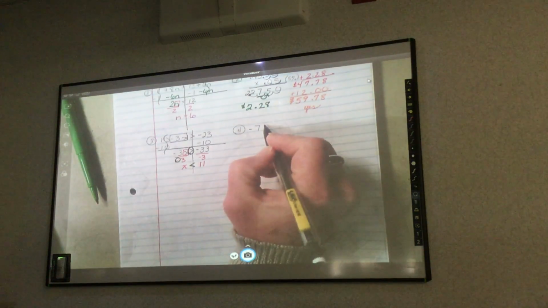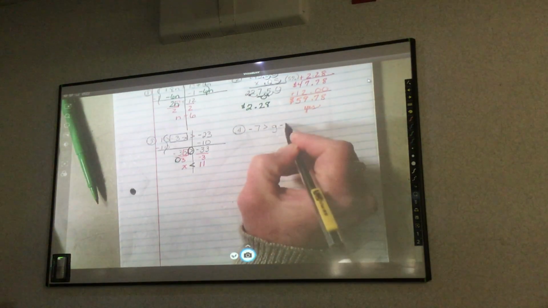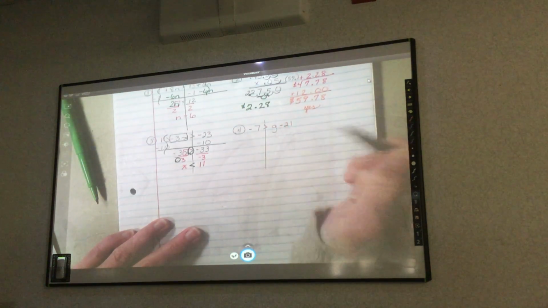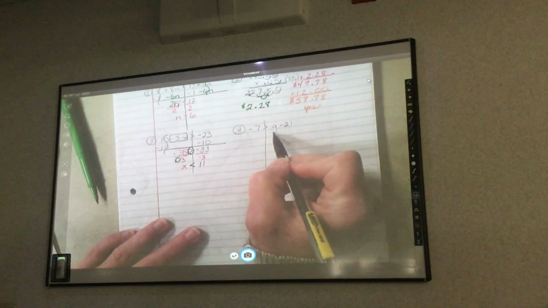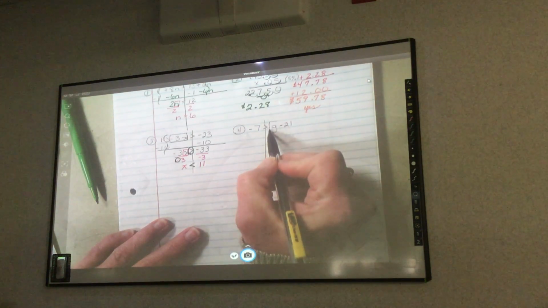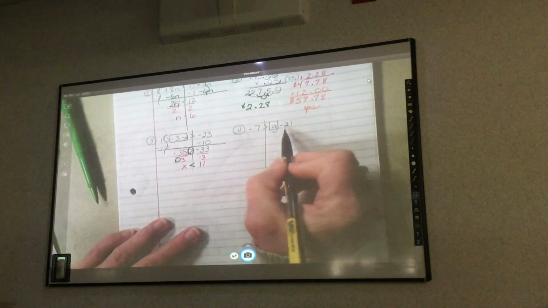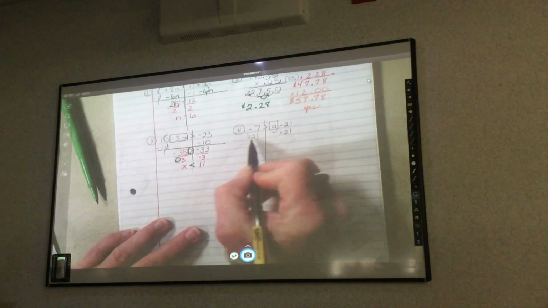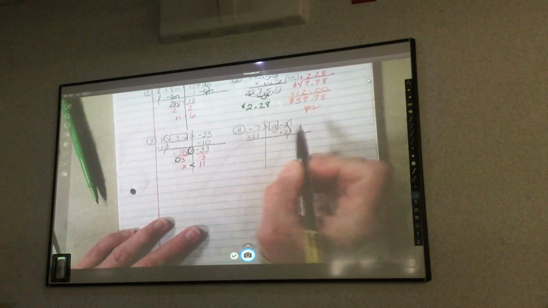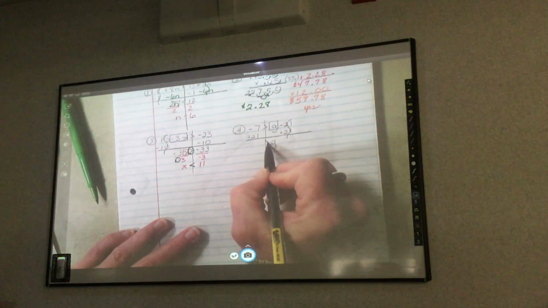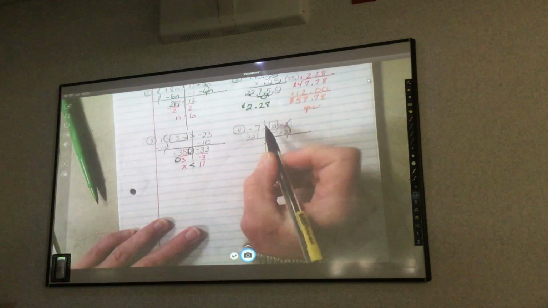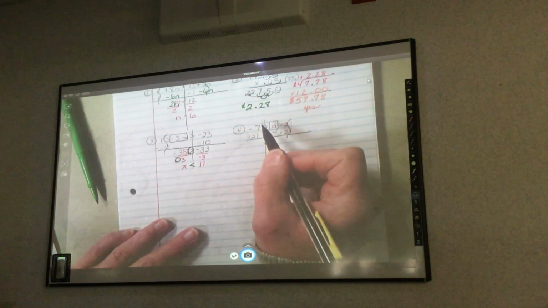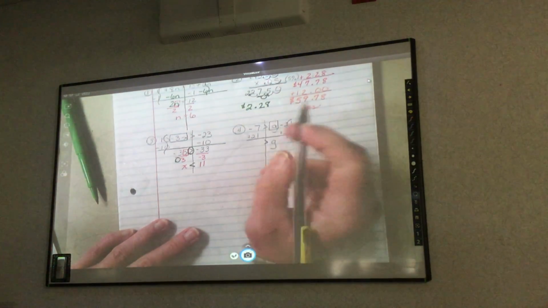7 is greater than G minus 21. Draw my line, and I'm just gonna leave G alone here. I'll switch them later. So I'm gonna add 21, add 21, so these cancel each other out, G is left alone here, my sign stays the same. I have a negative and a positive, so that means I really need to subtract, so it's 21 minus 7,